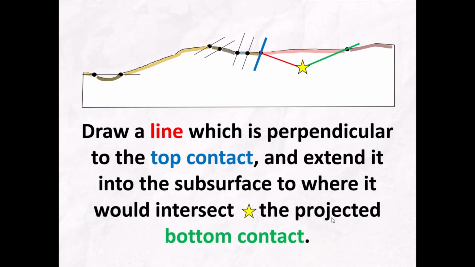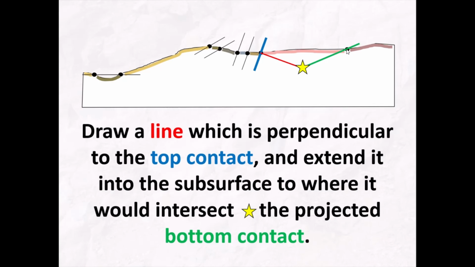What you can do is draw a line and focus in on this pink Devonian bit of rock. You can draw a line which is perpendicular to the top contact